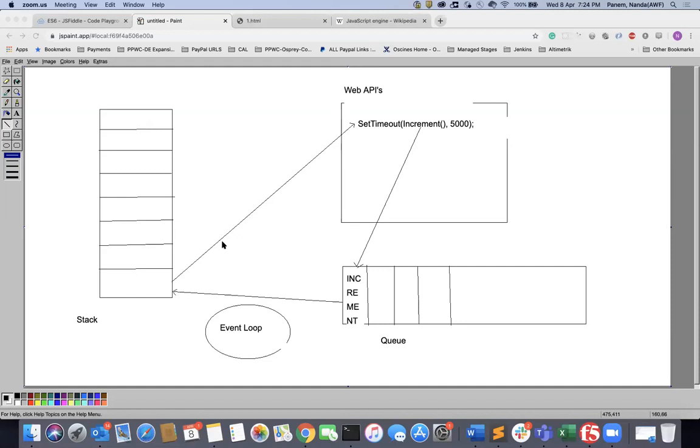Now, what is going to happen here? Whenever a customer places a request, he gives an order to the waiter. Is the waiter going to go to the kitchen and stay there until the dish is prepared?